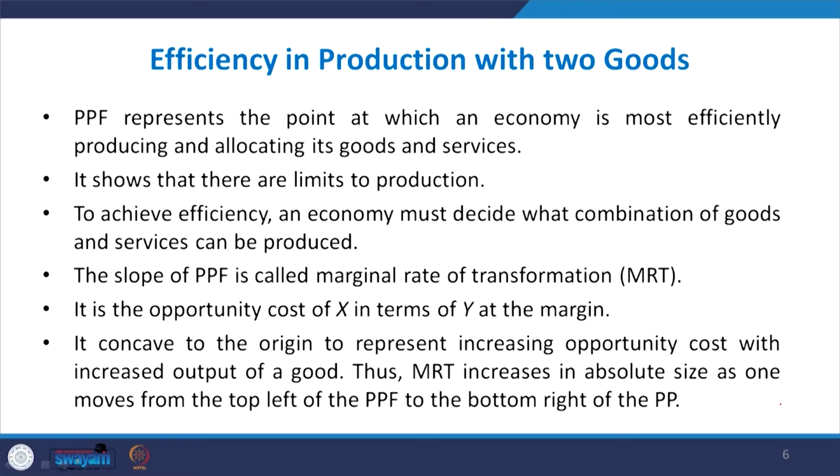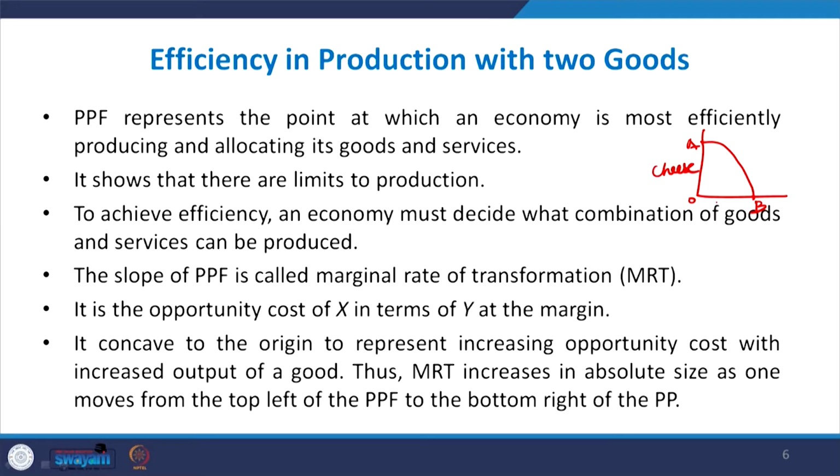The production possibility frontier represents the point at which the economy most efficiently produces and allocates its resources and services. So, let me just show, this is the production possibility curve AB, and we have here two products,